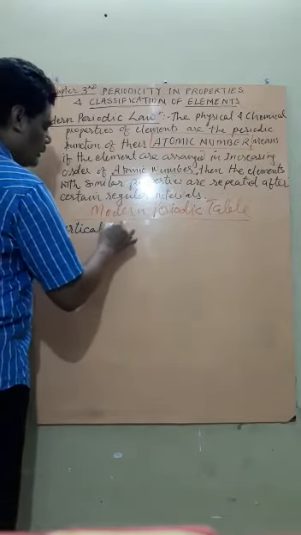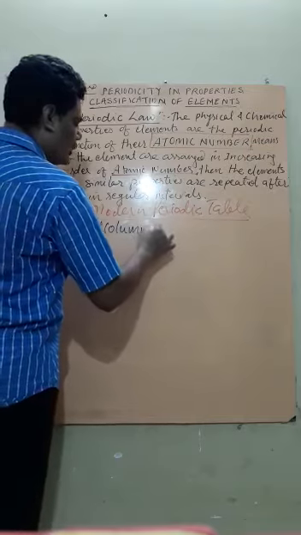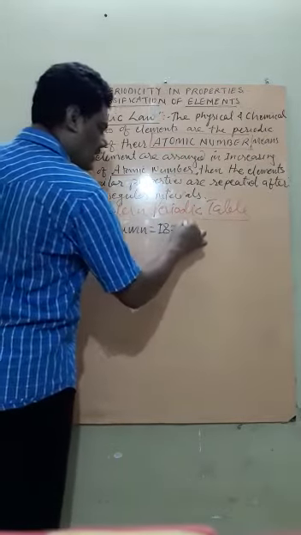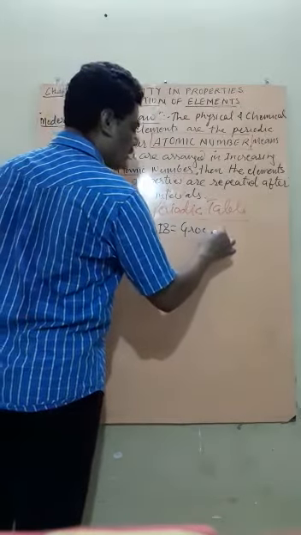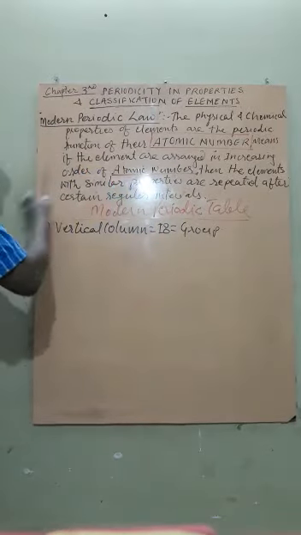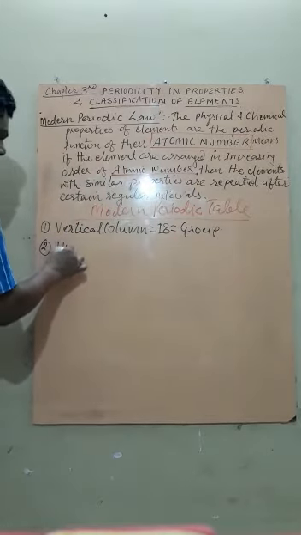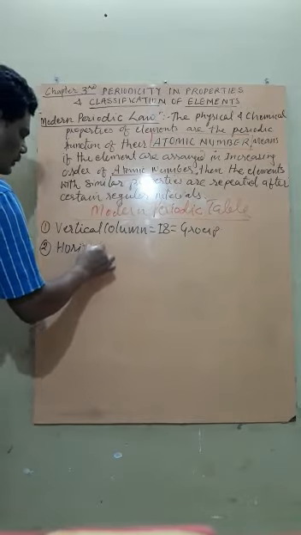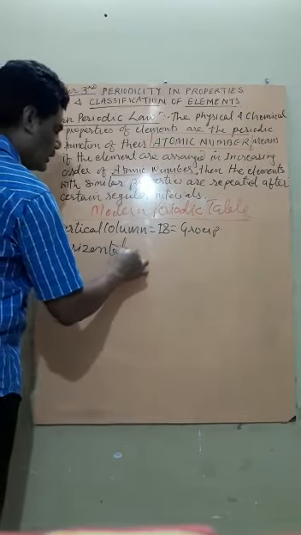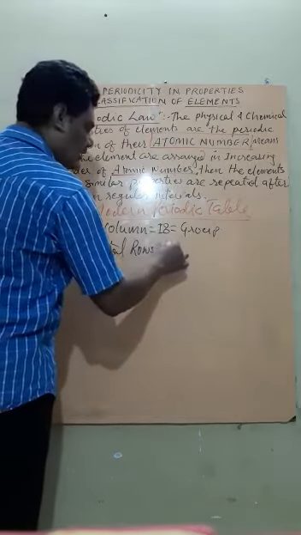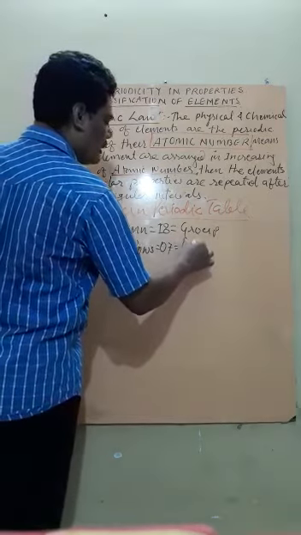These vertical columns are 18 in number, and these are termed as groups. While number two, the periodic table consists of horizontal rows. These are 7 in number, and these are called